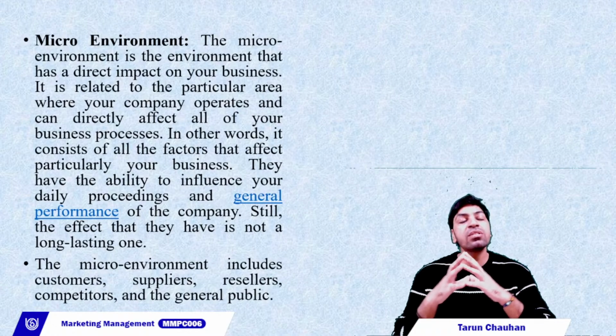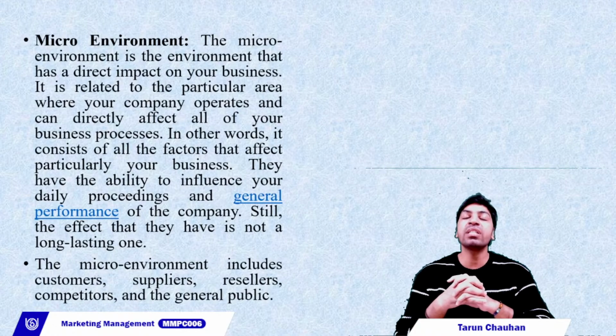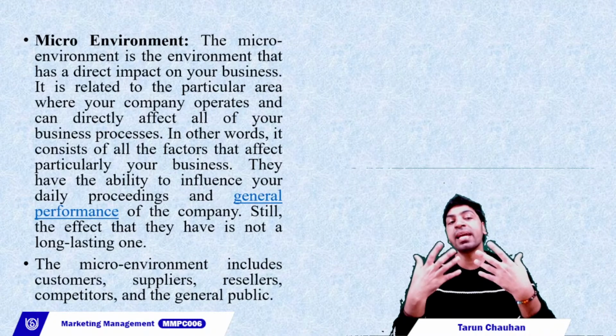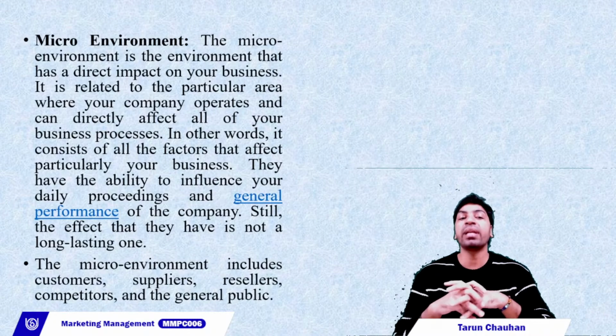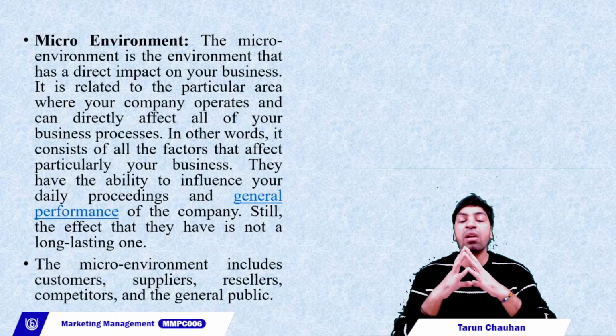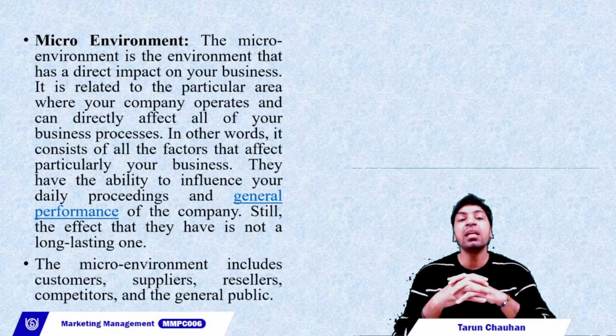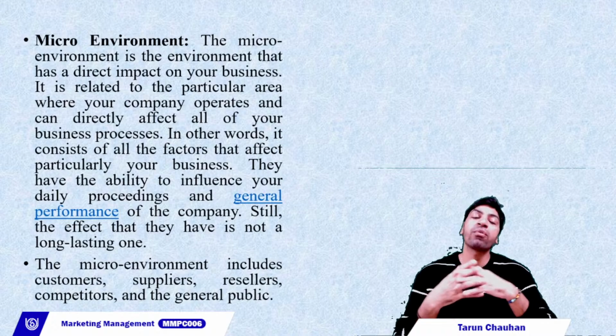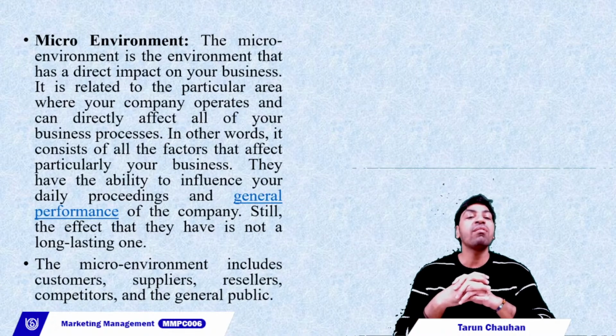So it consists of all those factors which directly influence their businesses, and that is exactly called the micro environment. Business leaders always have an ability to influence how they will work and operate in a particular environment